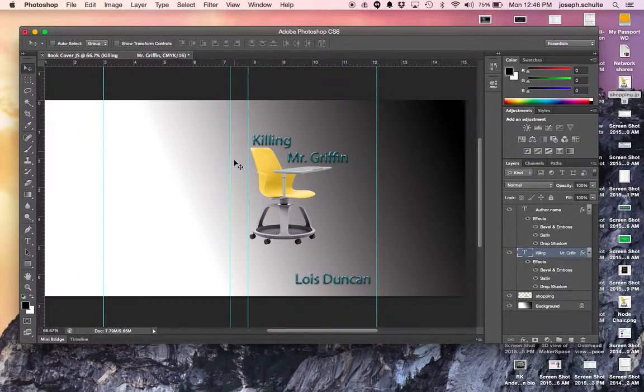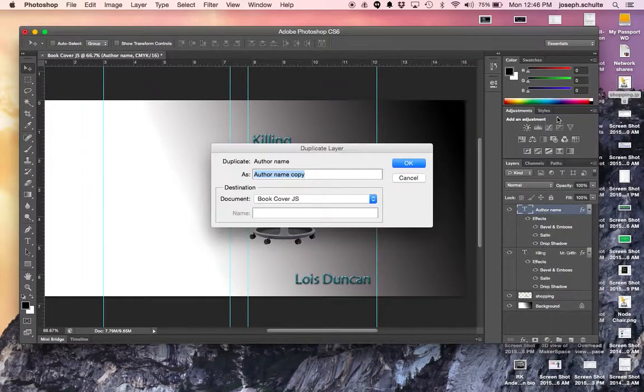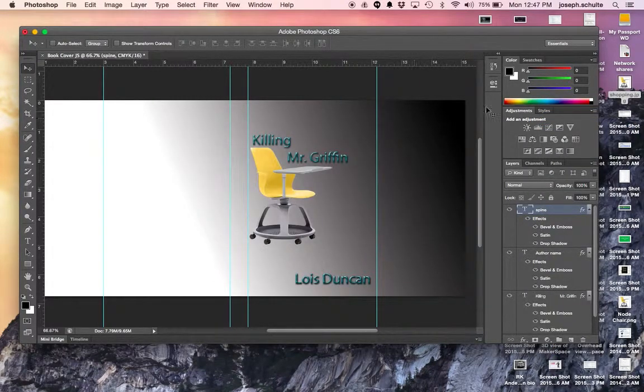Okay, a few more things I wanted to go over. How to get this lettering to line up on the spine. Again, if I want to stick with this style, I can go to my Lois Duncan layer, which was author name, right click, duplicate layer, and I'll call that spine. And if I move this up here,